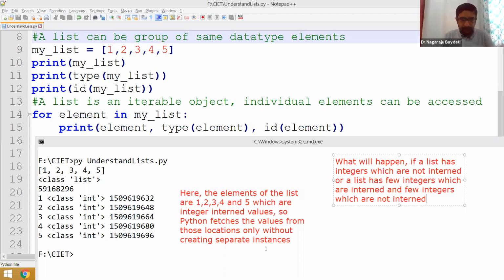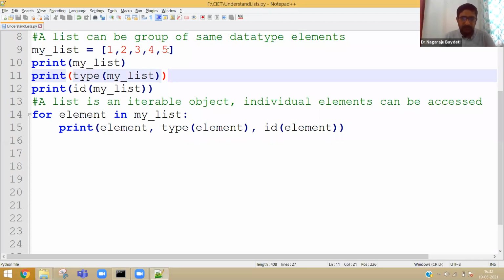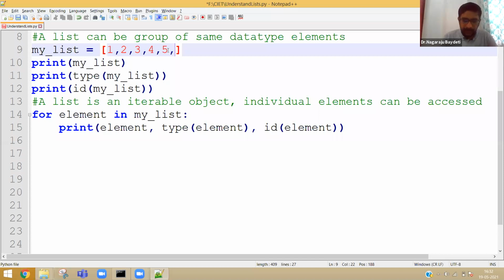Now, let us go further and change the example with the values 989, which will not be interned, and minus 9, definitely it is not interned.